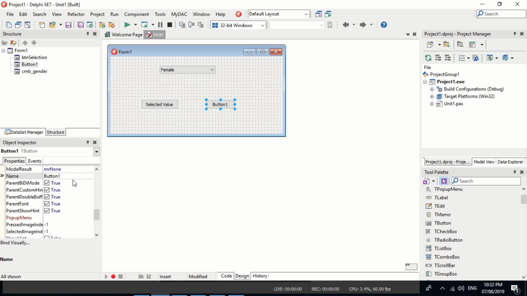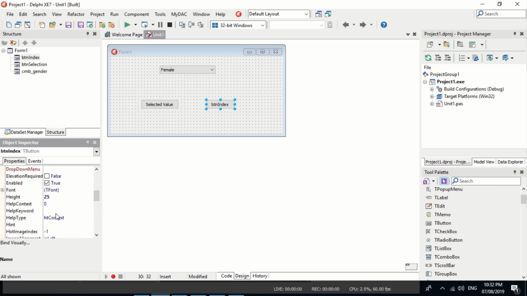Let's just name this one button index. Okay. So when I click this one, it will display what is the current index selected